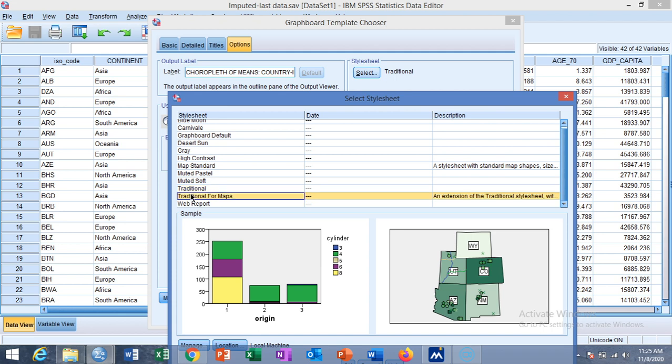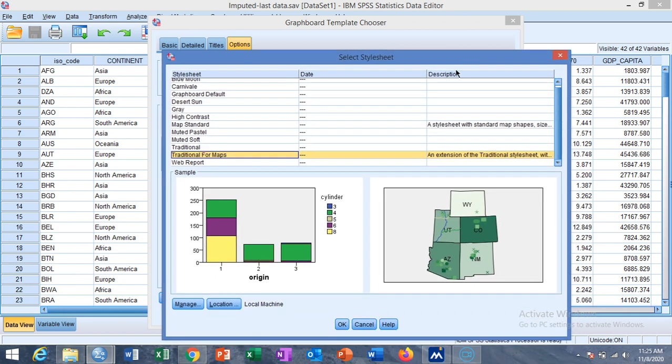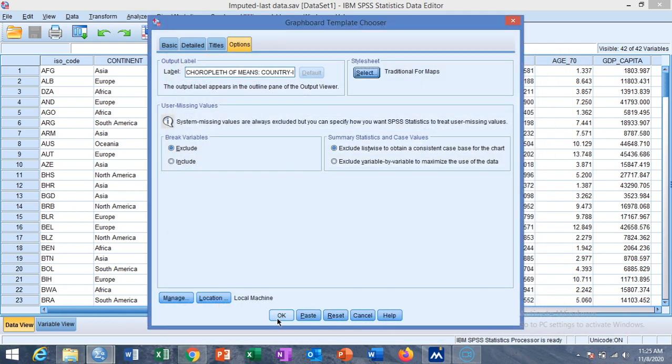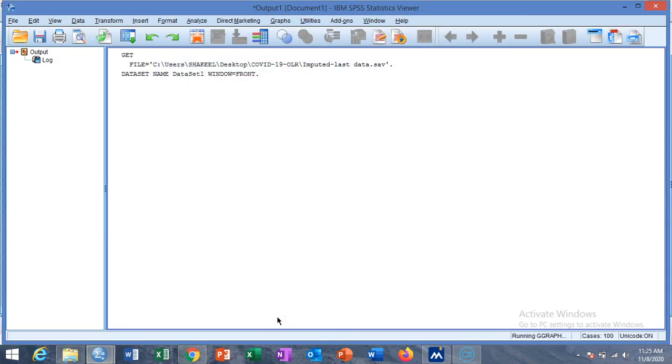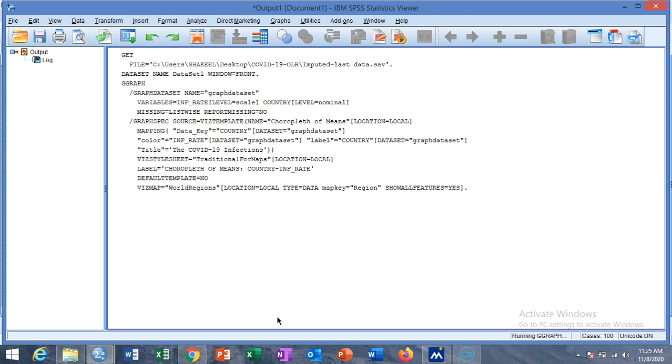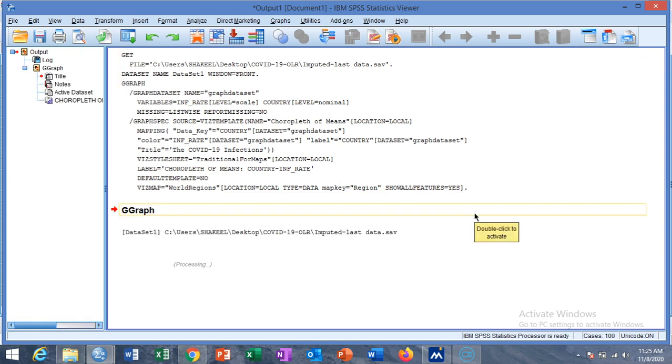Traditional for maps will also highlight the boundaries within the countries, and give a more attractive view of the graph. And then click on OK, and click on OK. You will see the geographical map for the COVID-19 infection.